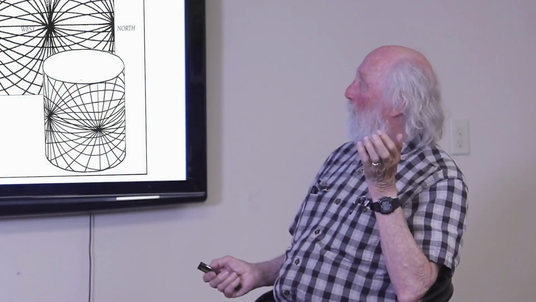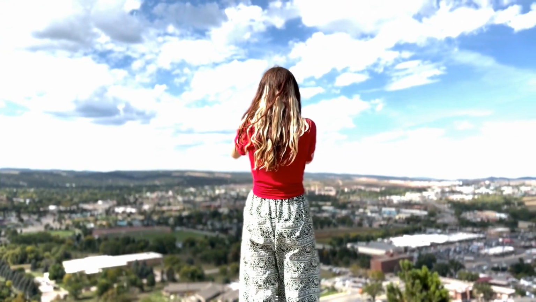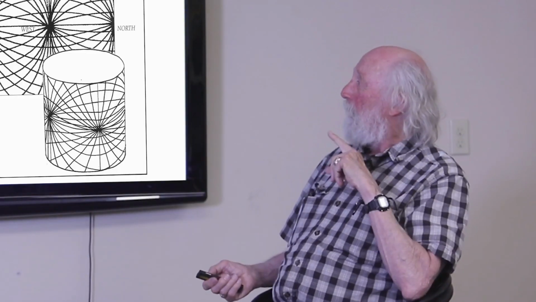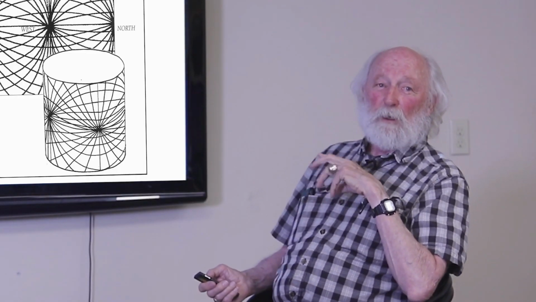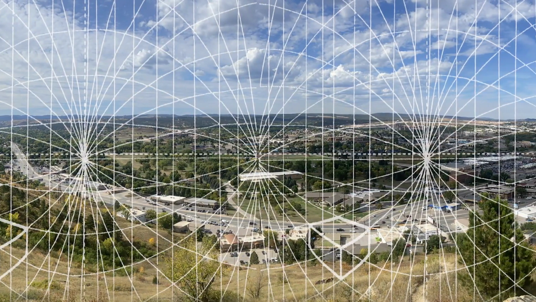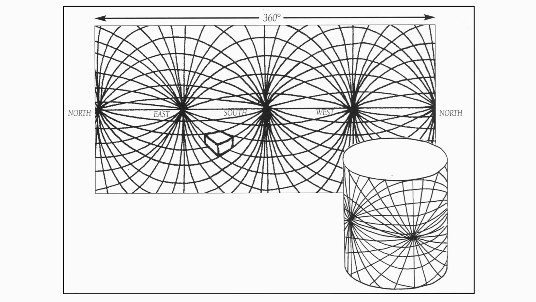Another type of 4-point is this one. I like this one. This is the system. If you have a smartphone and it can do panoramic photography, if you analyze what those panoramic photographs are and draw lines over the pictures, you'll get this particular grid. It's a cylindrical grid that you can see, the cylinder down below.